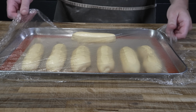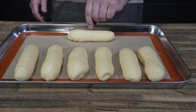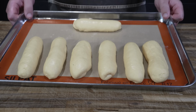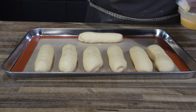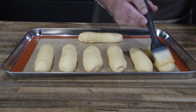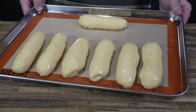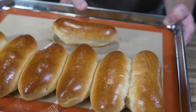And after a second proof, these are looking pretty good, nice and fluffy. And I'm a little concerned about them getting too big, which is why I'm not gonna let them get much bigger than this, because we gotta worry about that bun to dog ratio. But before they go in the oven, I'm gonna hit these with an egg wash for a nice color and shine. And once beautifully egg washed, into a 375-degree oven they go for about 20-30 minutes until absolutely beautiful, lovely